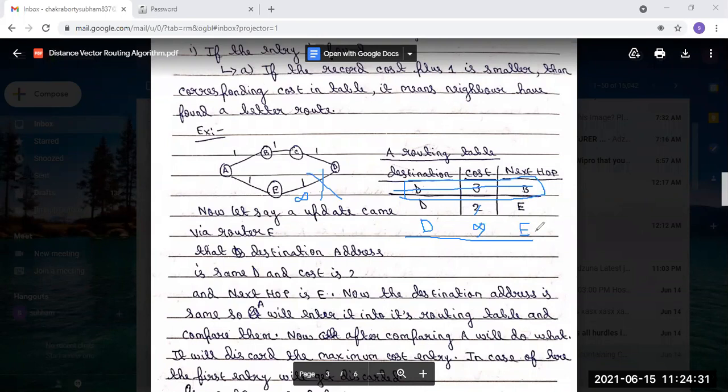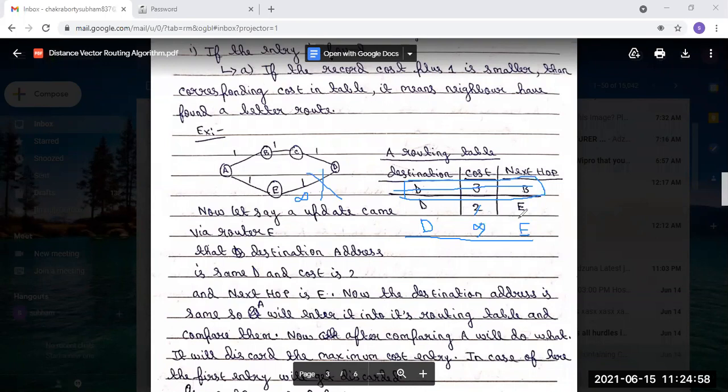In this case, the next hop is the same. It is not different. So if it is the same, then some change has happened in some part of the network. That's why this new update has come, because the link is broken down.